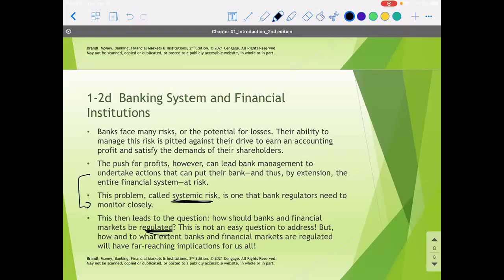So the mortgage market is a perfect example. Lots of mortgages were issued in 2007, 2008, 2006, 2005 because bankers were trying to maximize their profit, yet it resulted in mortgages being made to people who had no business borrowing money for a house. And then the result of that was that those loans failed, and as those loans failed, the risk that was taken on became so large that it harmed the entire economy.